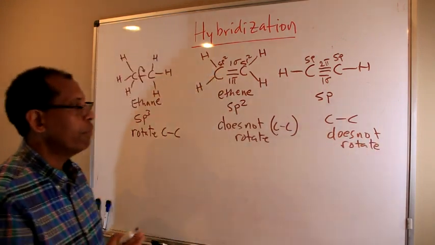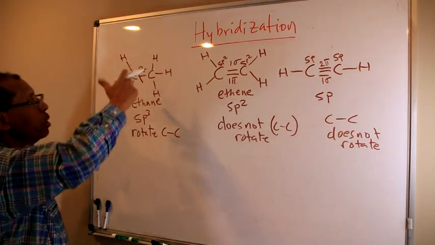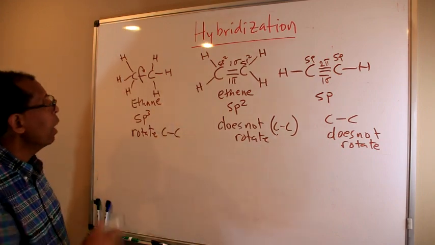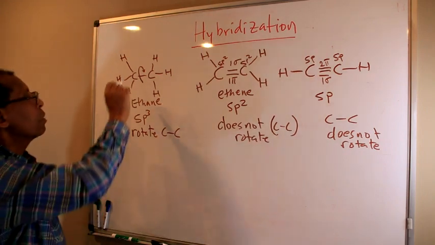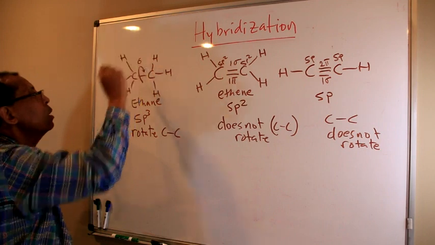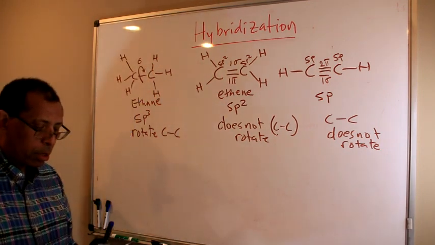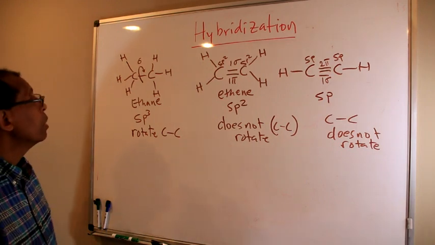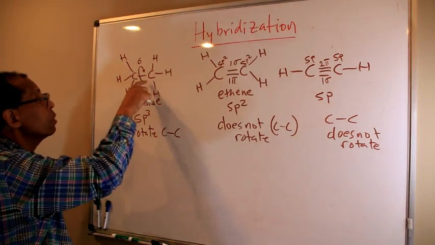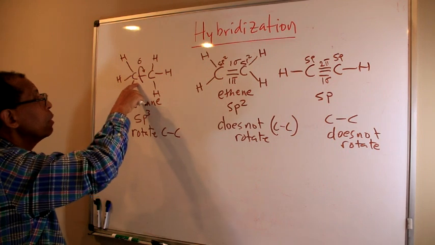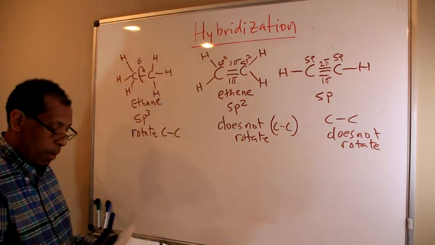So these are some of the properties. For example, rotation is possible across the single bond, across the sigma bond. That is sigma, just one sigma. You can rotate the sigma bond. If you just consider the bond length in picometers, for example, this is 153